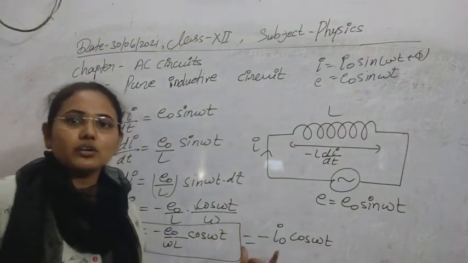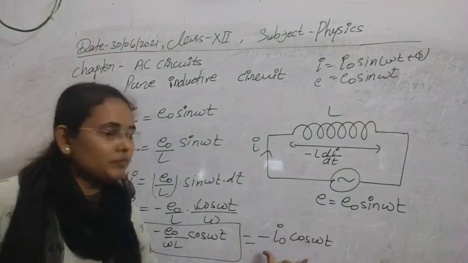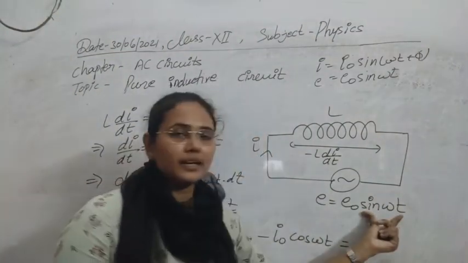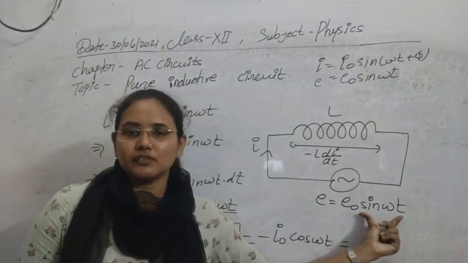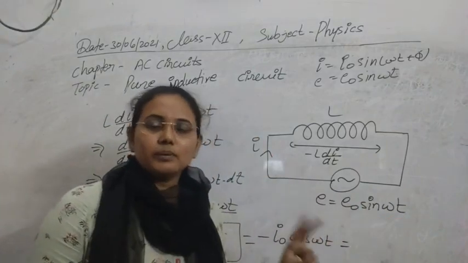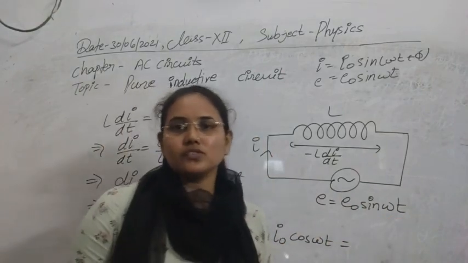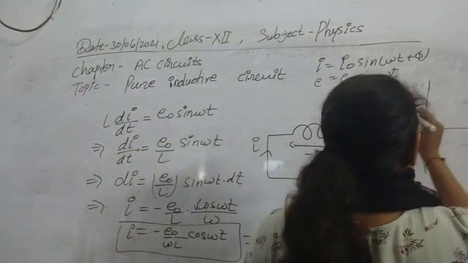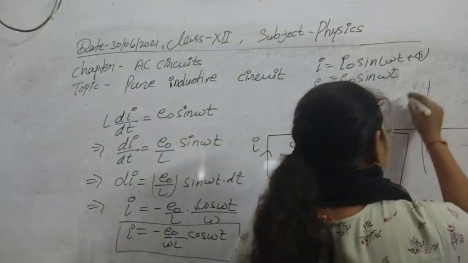Now we can also convert this value in terms of the sine function, because here we have seen the alternating current and voltage in the case of the sine function. You can also represent it in the cos function, but the cos function does not start from the origin, it starts from some height.